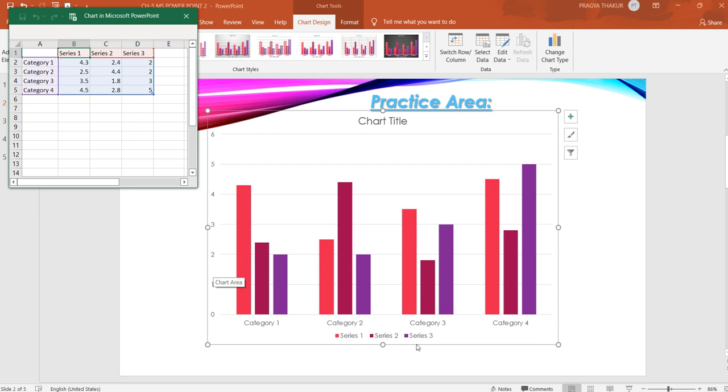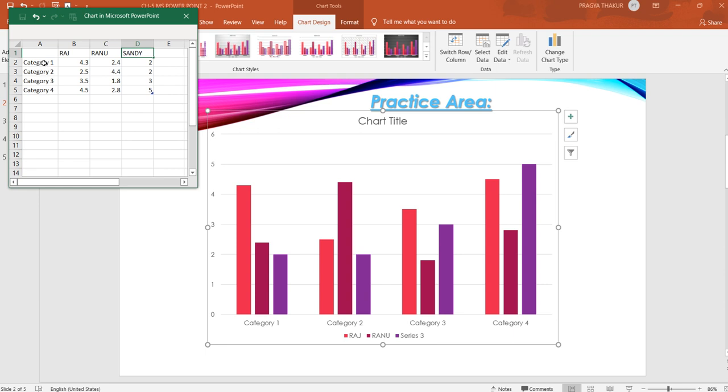Now series 1, series 2, series 3. These are the different things, or we can say different commodities, or we can say student names. We can consider it as a student name and we can compare that record. For example, now I want to compare the toys record, or we can say toys data in my class. So I have 3 students in my class: Raj, Ranu and Sandy. These are 3 students in my class.